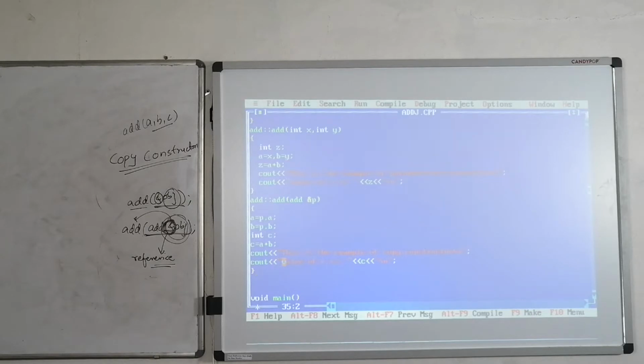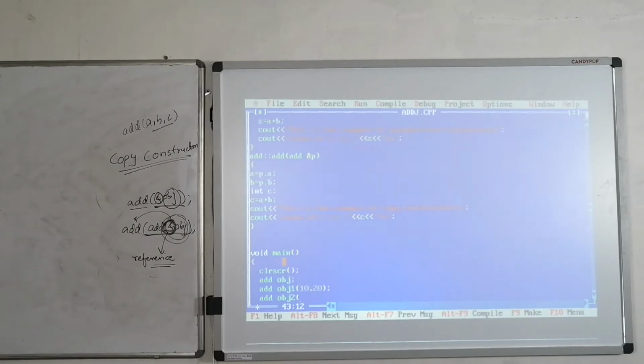To invoke this copy constructor, we have to create one object, right? How to create the object? Here class name is add. Now my object name is obj2. In this case we have to pass the reference of any one object.